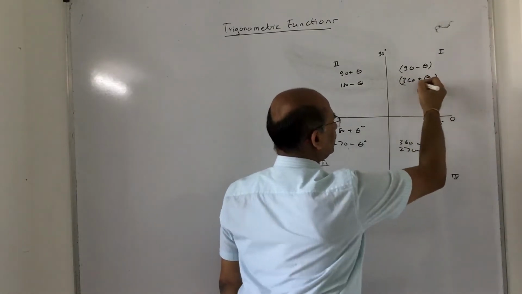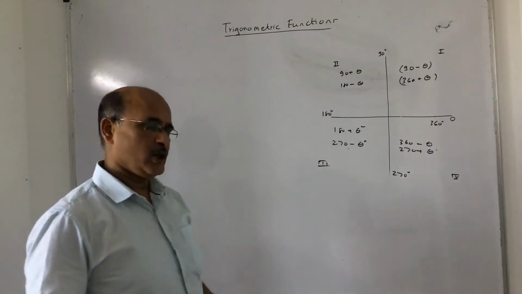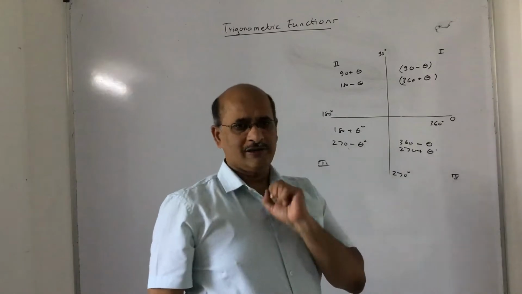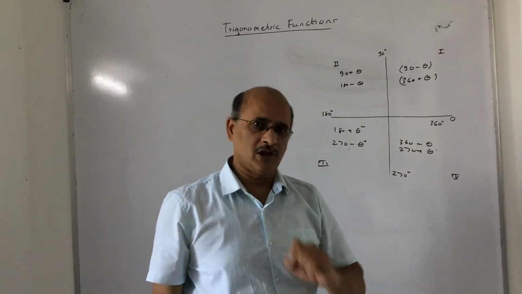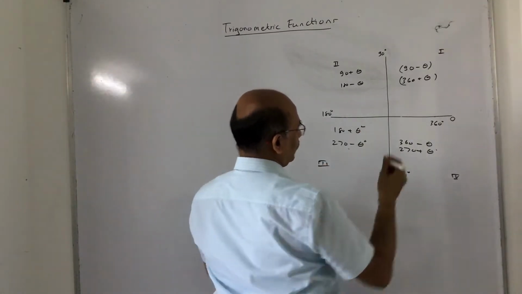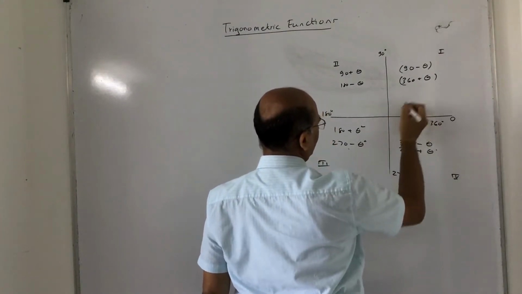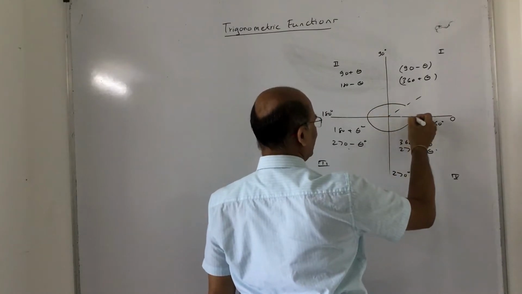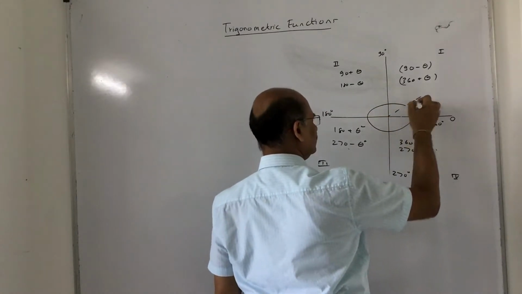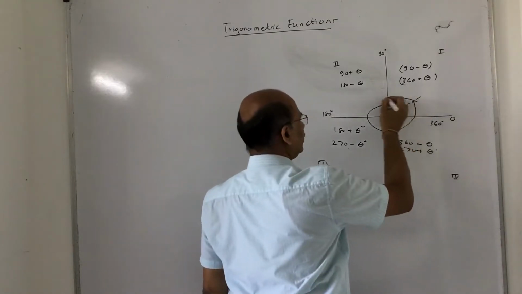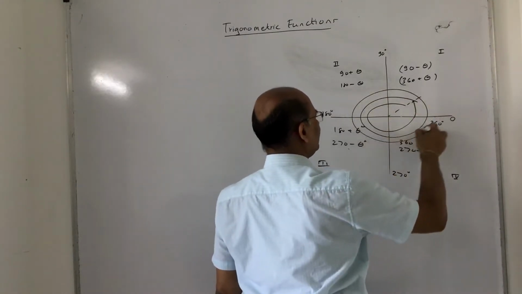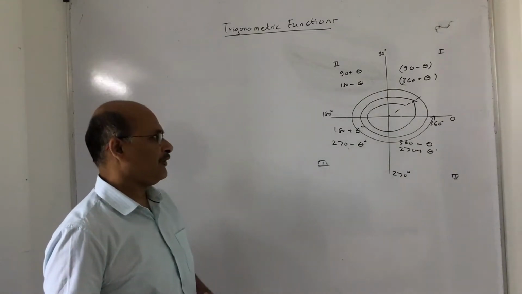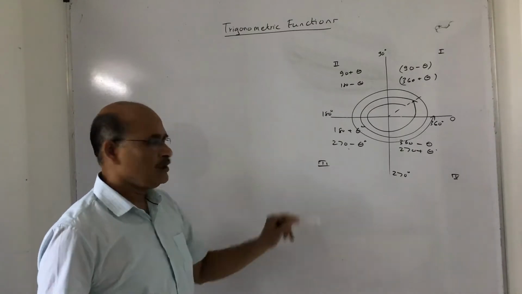Now immediately when I put 360 plus theta, you might ask me a question: one rotation is 360 degree, so why did you go here? Because tell me, can you restrict the movement of the terminal arm? If it is here, it can cover up to a complete rotation, and it can move further also. It can move further, so any number of rotations it can do. That is what I want to share with you, and I'll come to that point in the next few seconds.